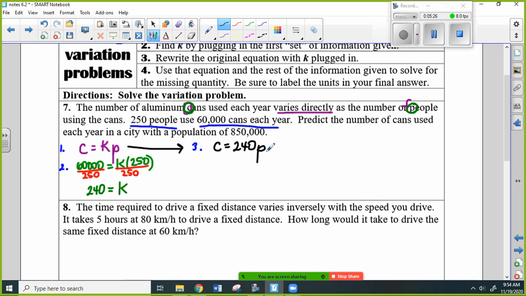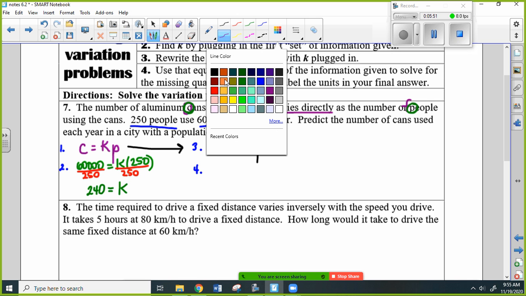All right, so now that equation can be used to solve any question. Okay? And so then that's part 4, is to actually answer whatever your question is. Use your equation and the rest of the information given to solve the problem. Okay, so the problem says,